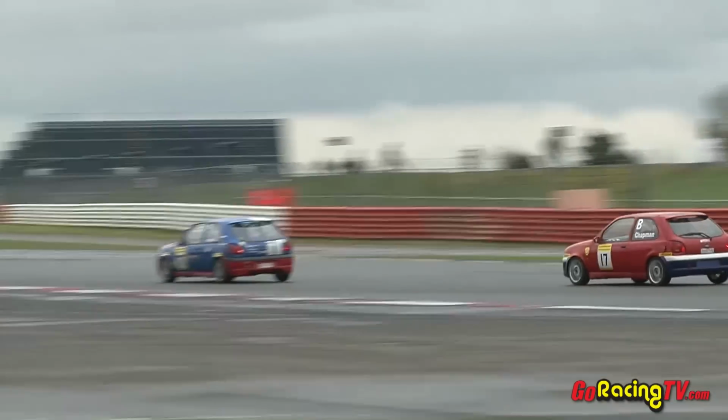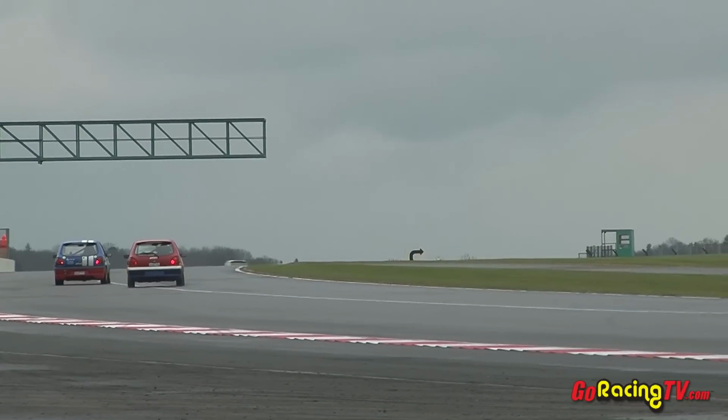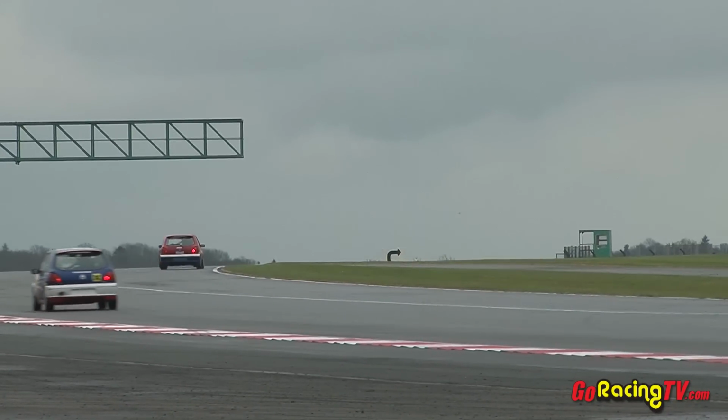It's one of the frustrations of having a front-on camera, is that you can't quite see what's going on, but again you can see he's looking up the inside as they head towards Maggots, and a good drive from 64 Rory Green at the back of this trio. Newcomer not too far away, and on his lap times he's not going to be lapped either by the race leaders, which is a pretty impressive performance. But Keith Chapman continues to put the pressure on,